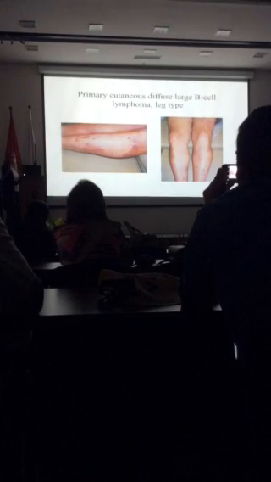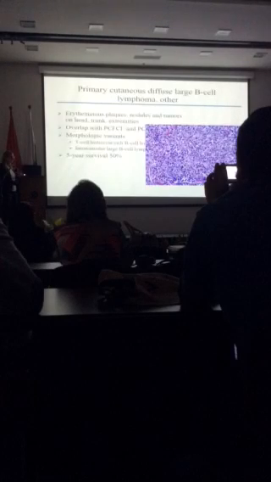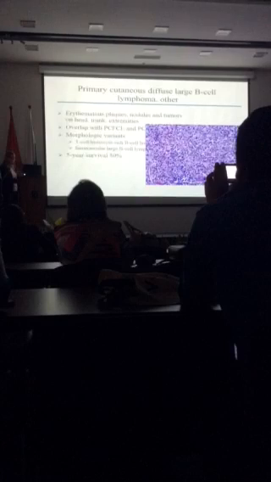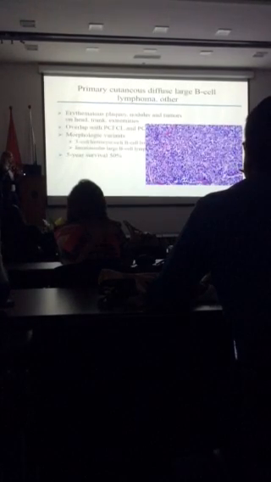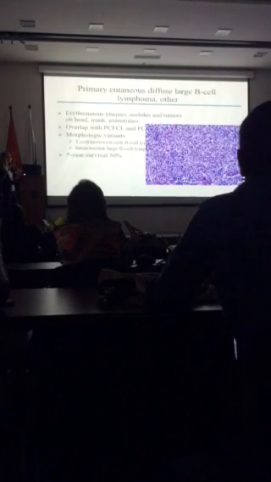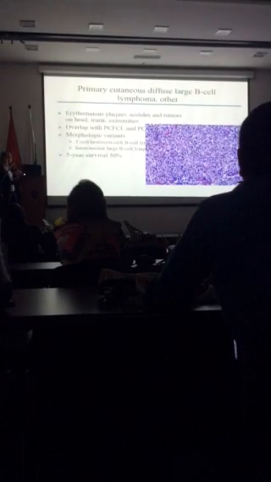It's most commonly on the leg. However, I have seen patients on the back and trunk as well. So in essence, you have to, by immunophenotyping, then really tickle out the type, whether it fits into the leg type or in the other large B-cell lymphoma groups, which is